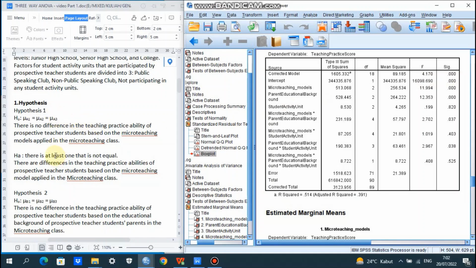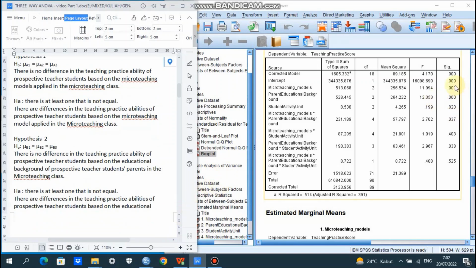So H0 is rejected or Ha is accepted. So there are differences in the teaching practice abilities of prospective teacher students based on the micro teaching model applied in the micro teaching class. And then hypothesis number 2.